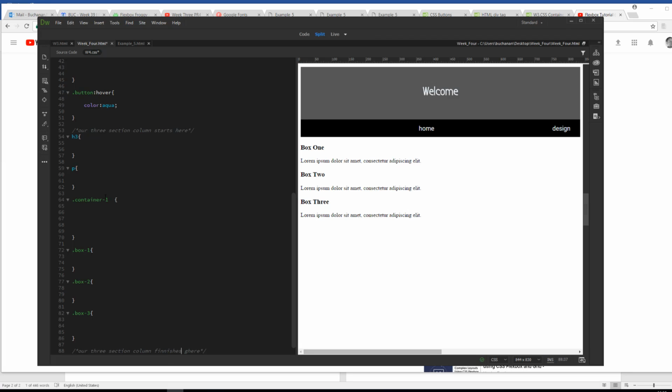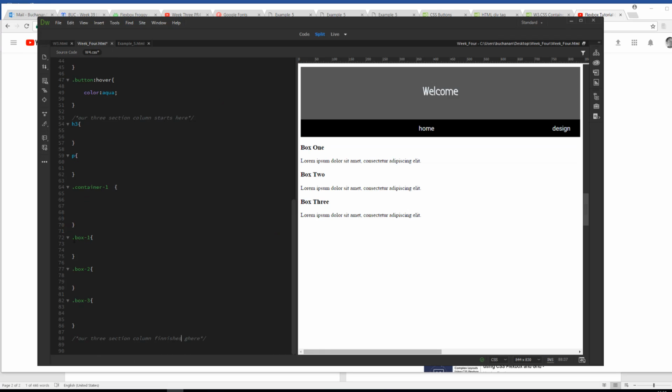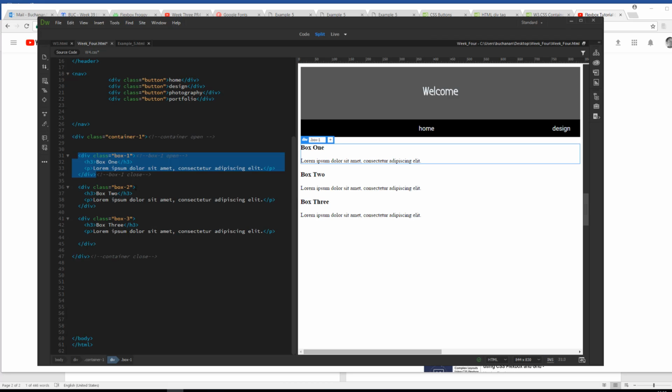So I've put all the properties in for all the corresponding div tags that we had. We have an h3 tag, paragraph tag, a dot container 1 or a div class container 1, which is this one here. Then we've got a div class box 1, div class box 2 and div class box 3. So if we just double check back, we've got div class box 1 which contains an h3 tag and